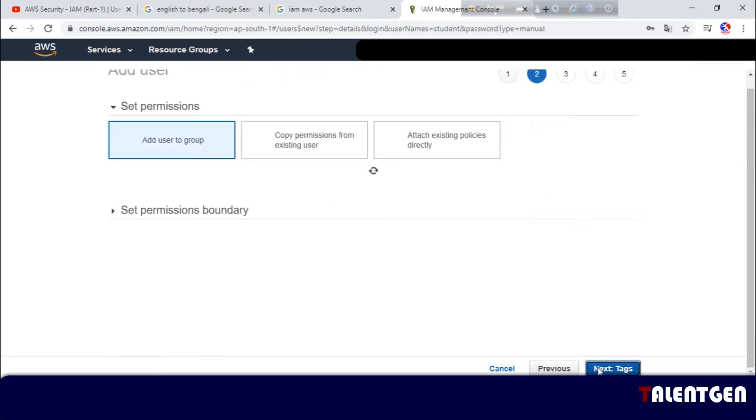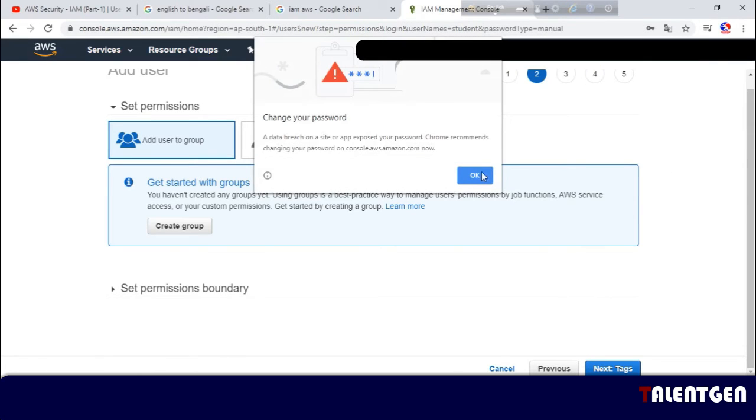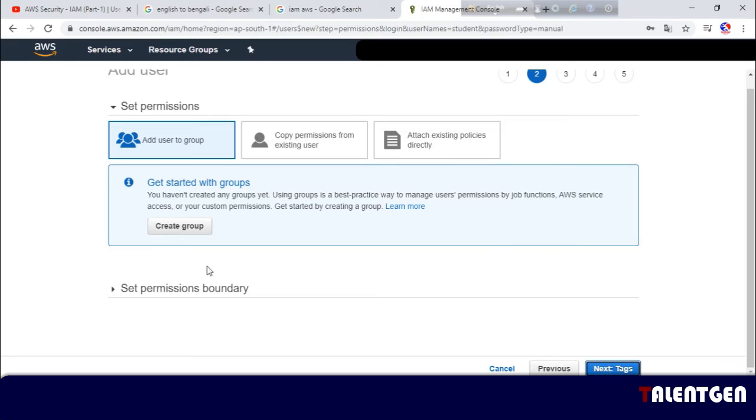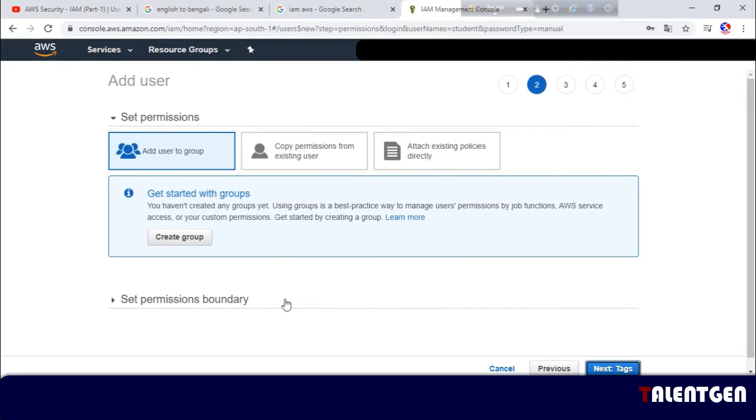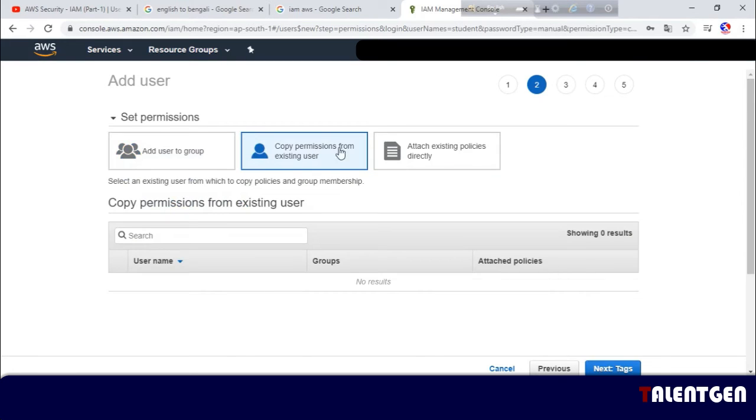And next, permissions. This provides the permissions for this user. The add user to group option means we have already created a group. The next option is copy permissions from existing user.